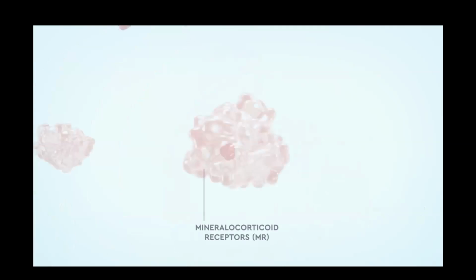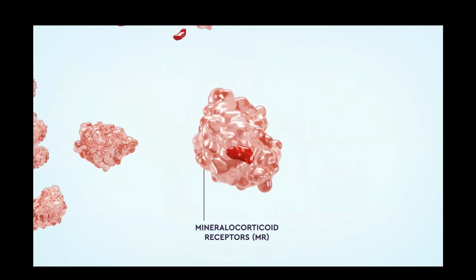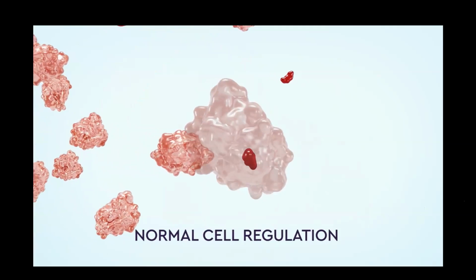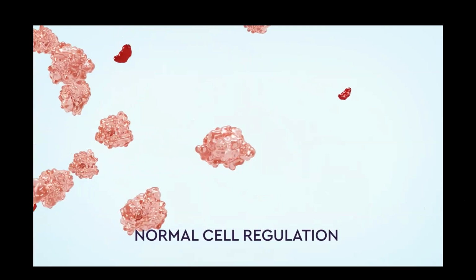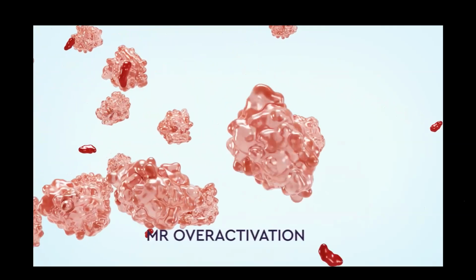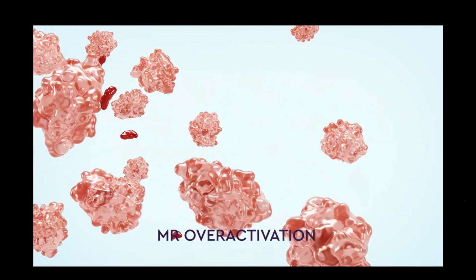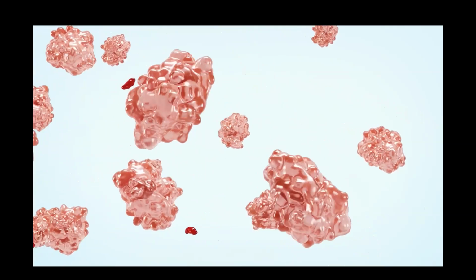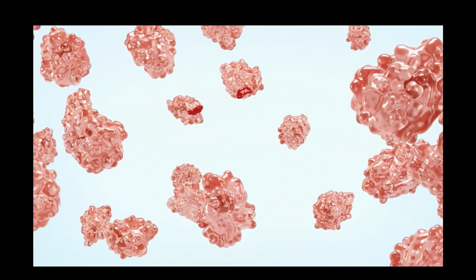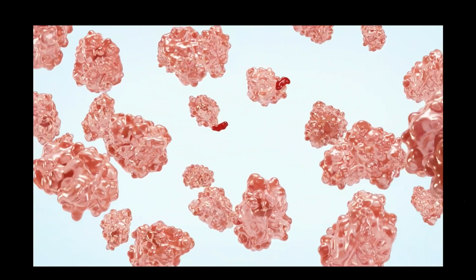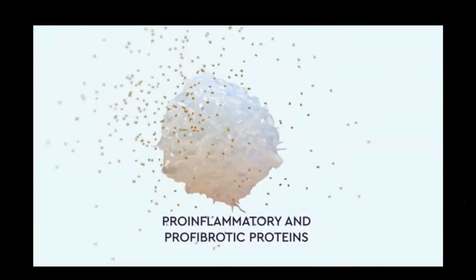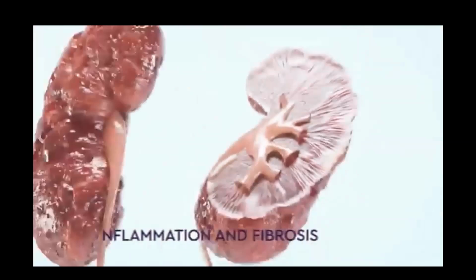In the kidneys, the mineralocorticoid receptor, or MR, is a key trigger of inflammation and fibrosis. Under normal conditions, MR signaling regulates electrolyte and fluid balance within the kidneys. The MR may become pathologically overactivated under certain conditions, like type 2 diabetes. In patients with CKD and T2D, pathological MR activation in the kidneys is believed to be due to increased expression of the MR and its activators, which leads to the production of pro-inflammatory and pro-fibrotic proteins, inducing inflammation and fibrosis